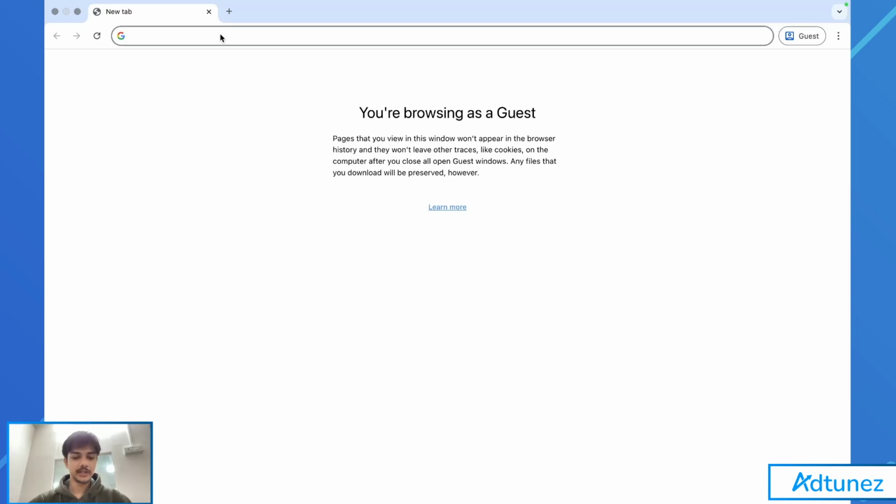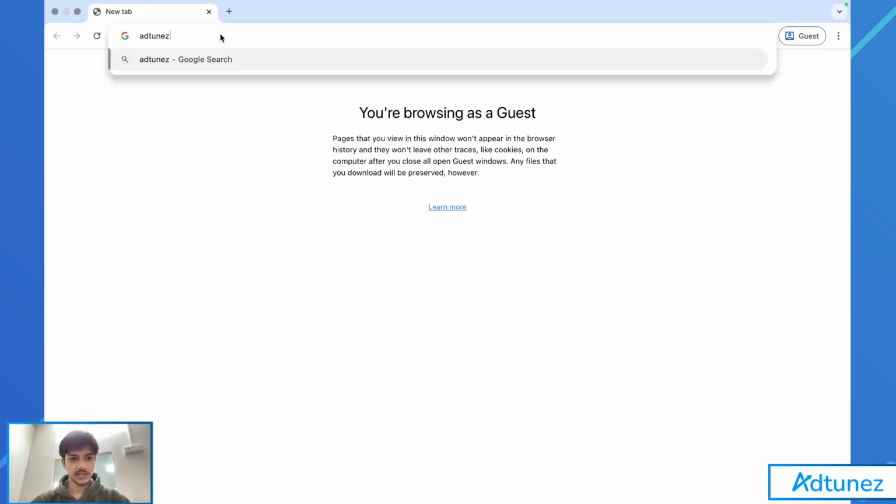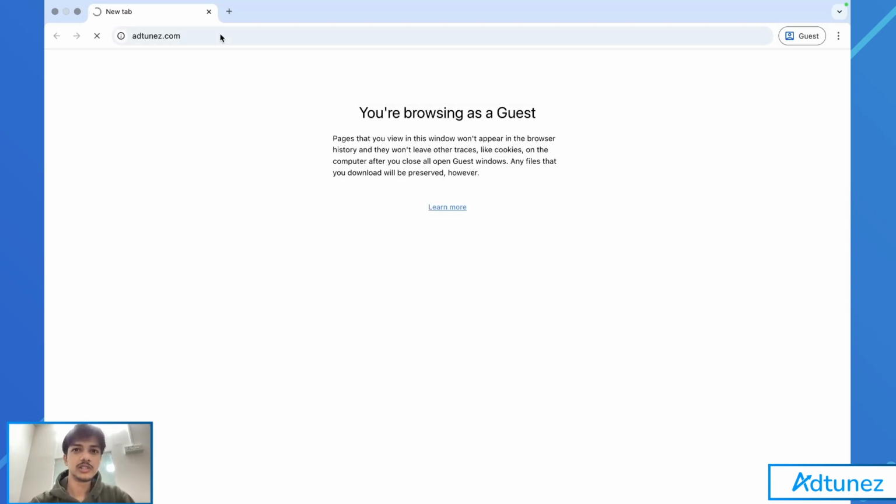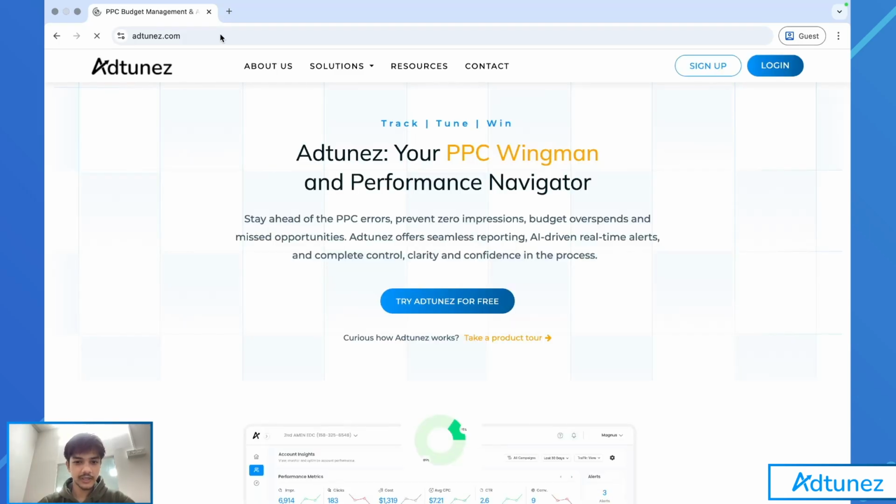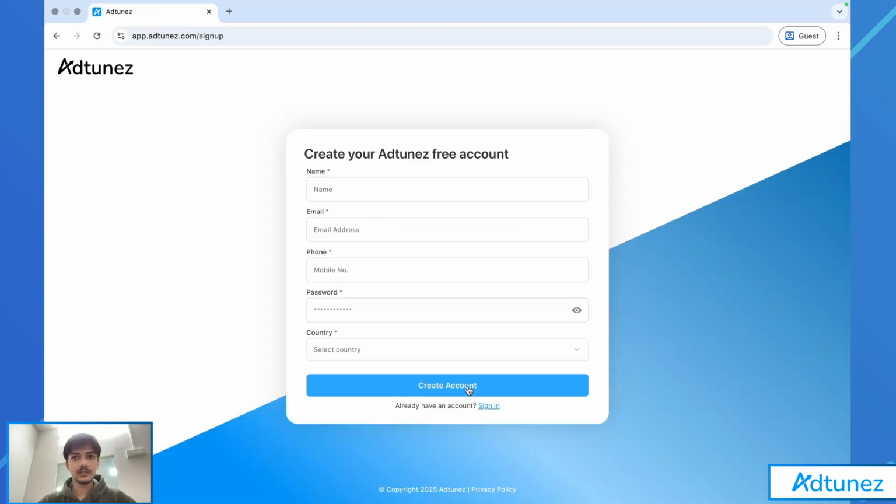So to start using Adtunes, firstly visit our website adtunes.com. Upon visiting the home page of our website, you will see a blue button labeled try Adtunes for free. This is the button. Click on this button, and upon clicking the blue button, you will visit this page, and on this page